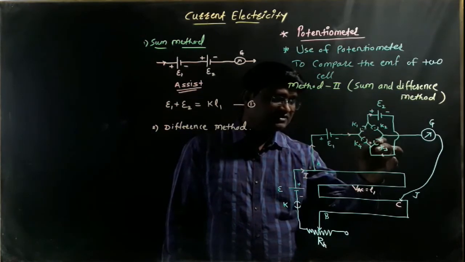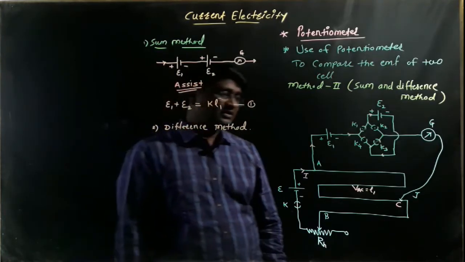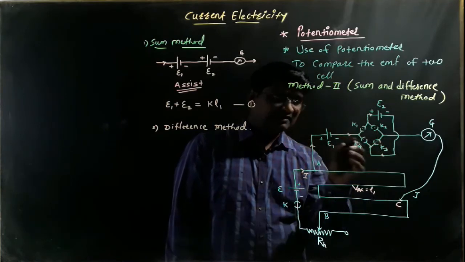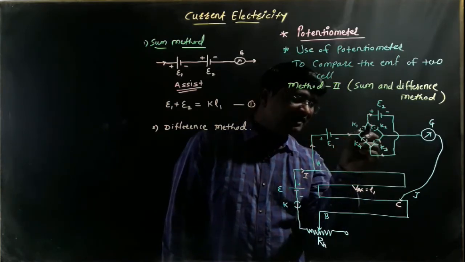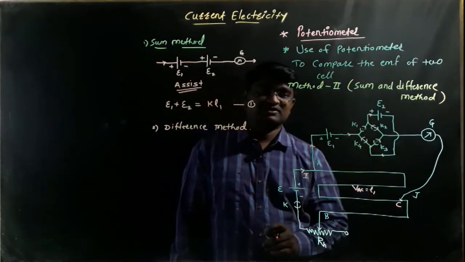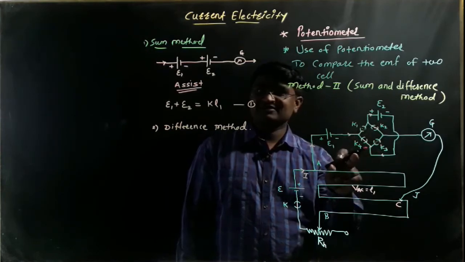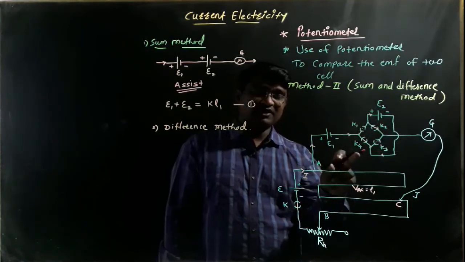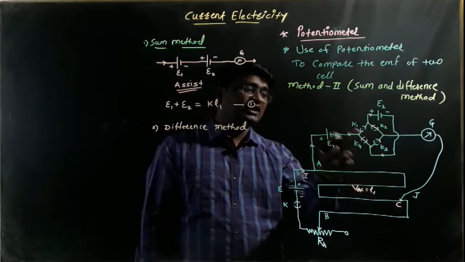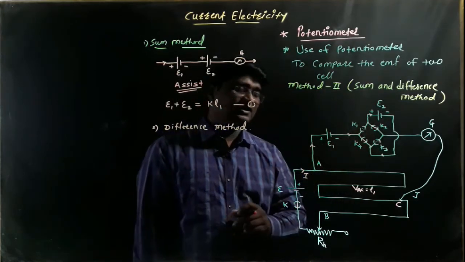After that, we discuss the second condition. The main key will be closed, using the difference method. Here K1 and K3 will be open, but K4 and K2 will be closed. The opposite keys are closed. Initially, in the sum method, we closed K1 and K3, and K2 and K4 were open. But according to the difference method, now K2 and K4 will be closed and K1 and K3 will be open.